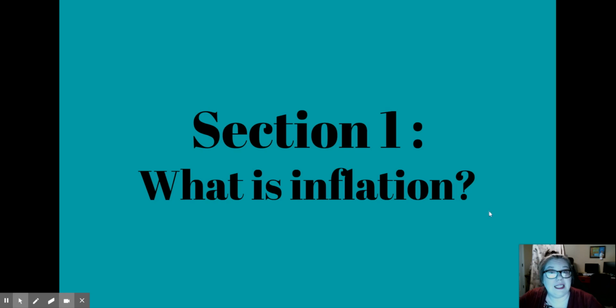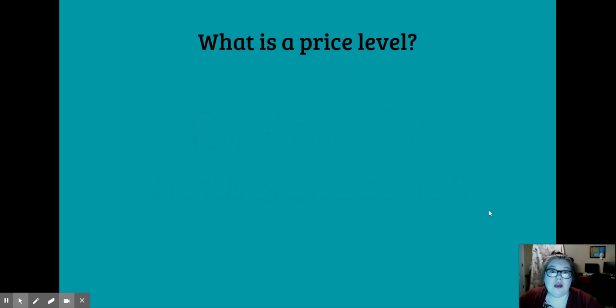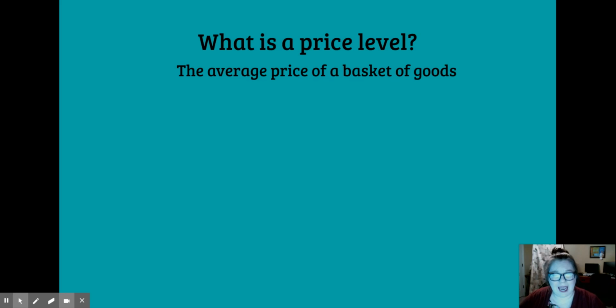We will define inflation. All right, so the first step to understanding inflation is to understand the term price level. A price level is the average price of what we call a basket of goods that contains what the government fondly believes